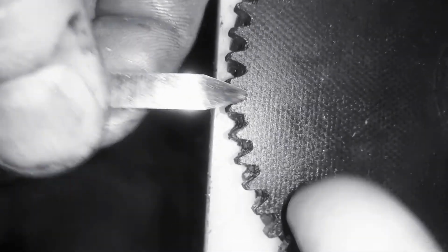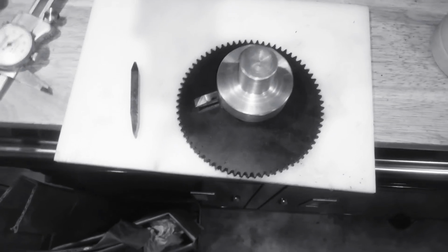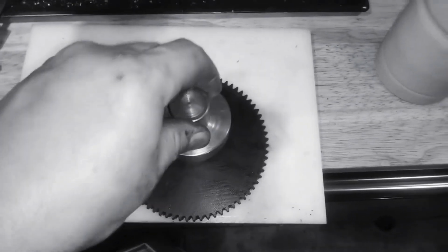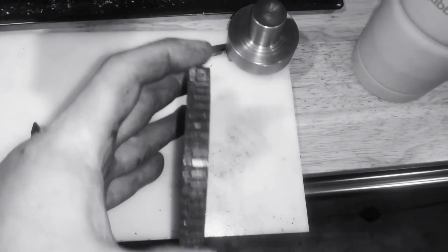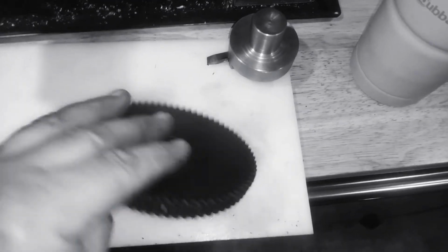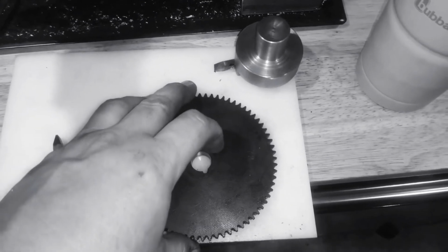So I think what I'm going to try to do is use this thing I made here in the milling machine with the dividing head. I'm going to make the phenolic gear here out of plastic because I'm a bit concerned that the lathe is